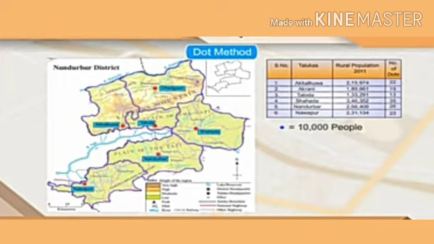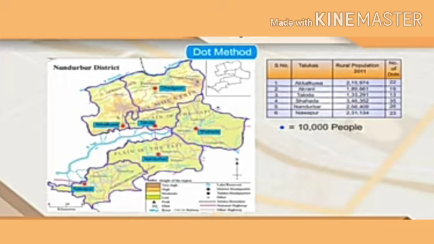Now students, let's try this. We will prepare the map using the dot method. See the map of Nandurbar district carefully. Draw it on another paper or tracing paper along with its taluka and district boundaries. Now see the population table given along with the map. On the basis of the statistical data, decide the value of the dots considering the highest and the lowest value of a population. For example, here one dot represents 10,000 people, so that you can decide how many dots to be given to each sub-administrative unit.